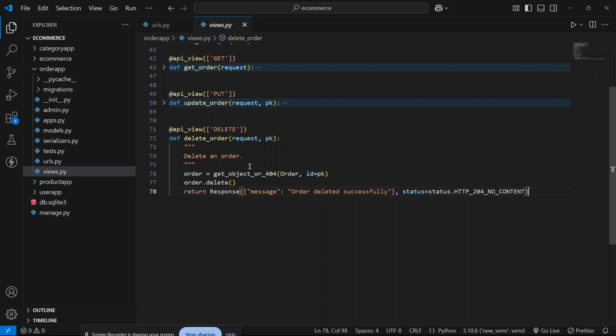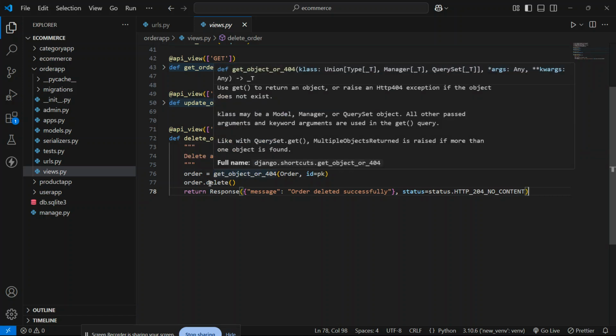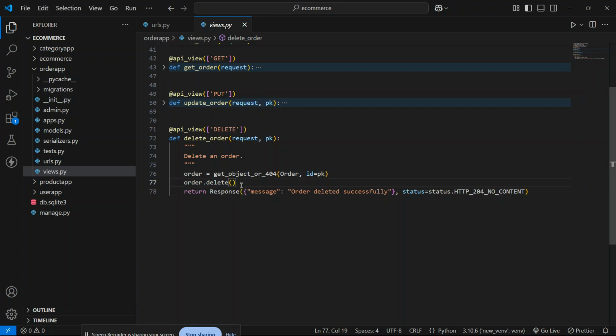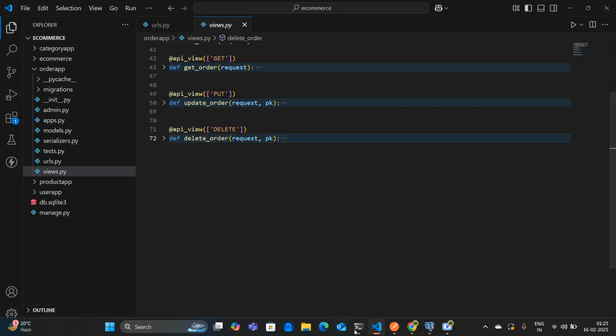It will fetch and store it in this variable named order, and that specific detail of that specific ID which is mentioned by the user, it will delete by this function .delete, and it will pass a response that order deleted successfully. This is all about the order part, and let me show you with the help of Postman.